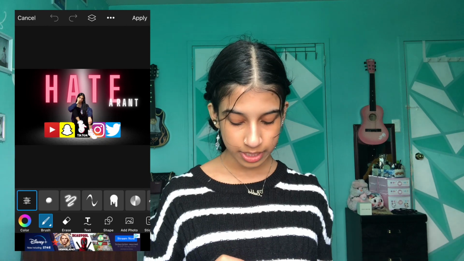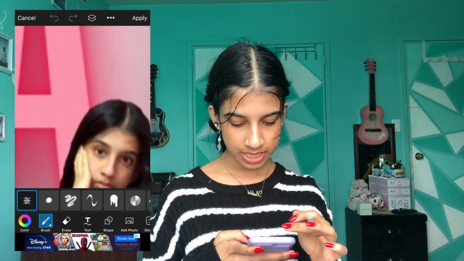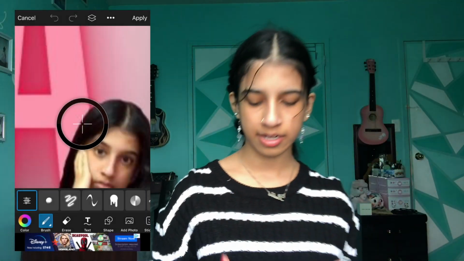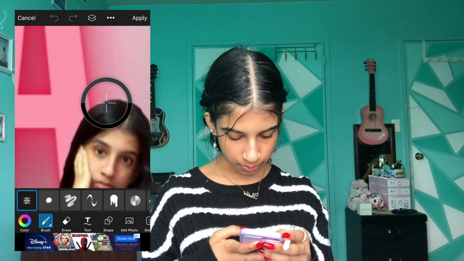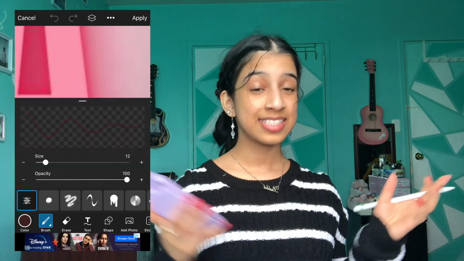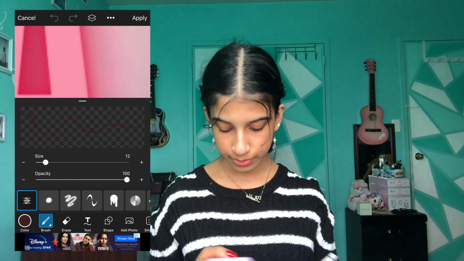So what you would do is go to draw and then zoom in on your picture and then press the color wheel and then you have the dropper tool that's right there. You would drag it to whatever color you want, and then if you click on the first dot, you can change the intenseness of the color and you can also change the size of your drawing tool. So I made it pretty small and then I went up and colored in all of the messed up edges so it didn't look like someone just took a bite out of a part of my head.